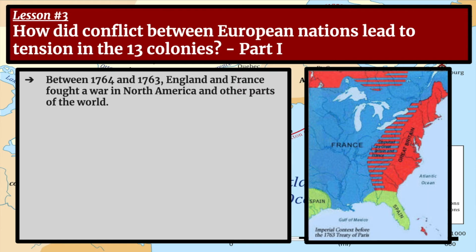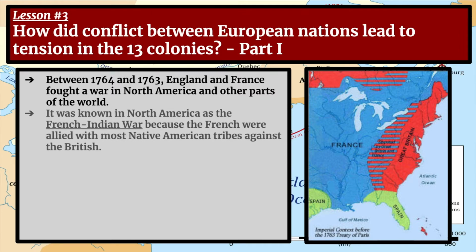So this war, which is also sometimes called the 7-Year War, occurred between 1754 and 1763, which is 9 years. So, there you go. England and France fought a war in North America and other parts of the world. So, the 9 years part of it took place more in the rest of the world. And the reason this war took place in North America